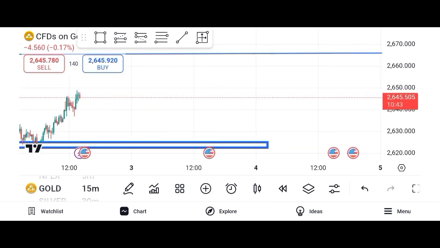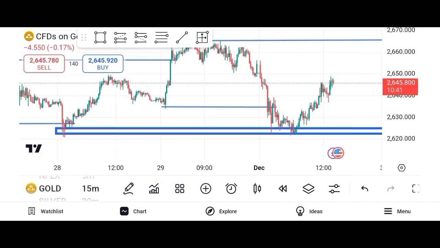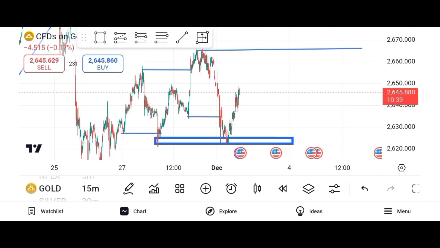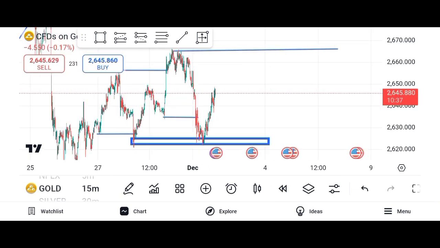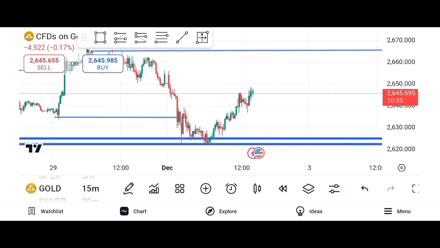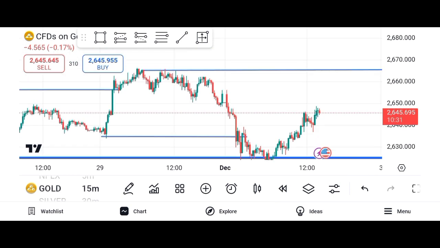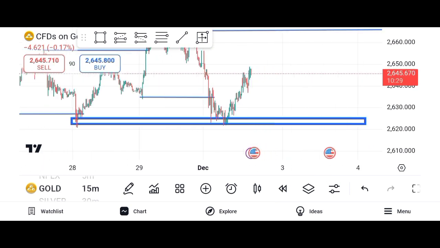First of all, there was a sweep of liquidity, then there was a break of structure, there was a structural liquidity, and market actually took that structural liquidity off, and they started pushing a bit up. So moving over to the next thing,